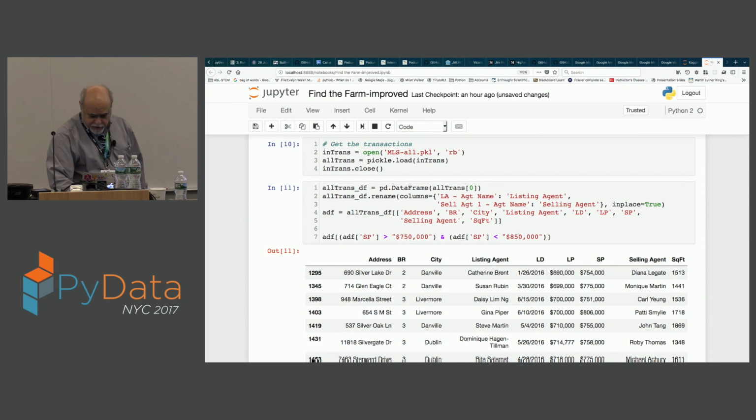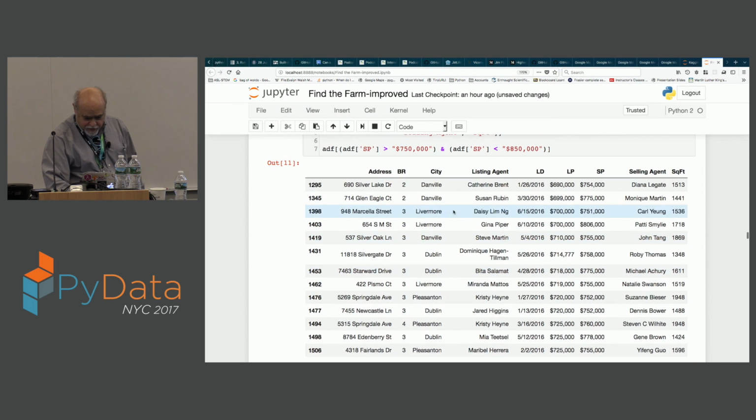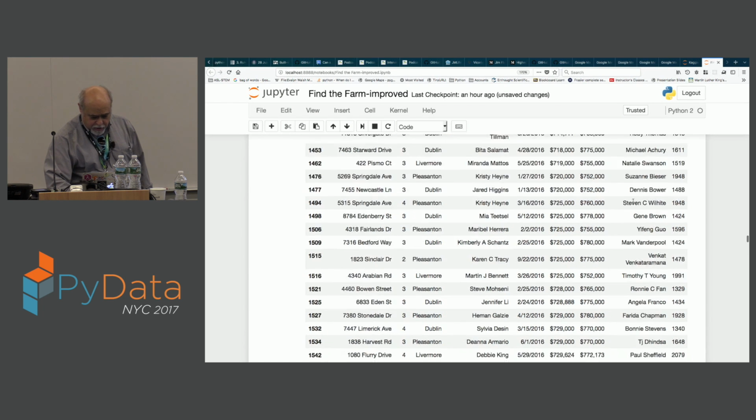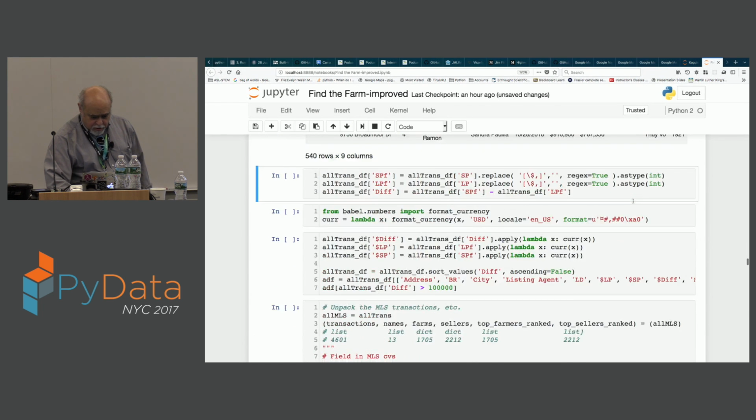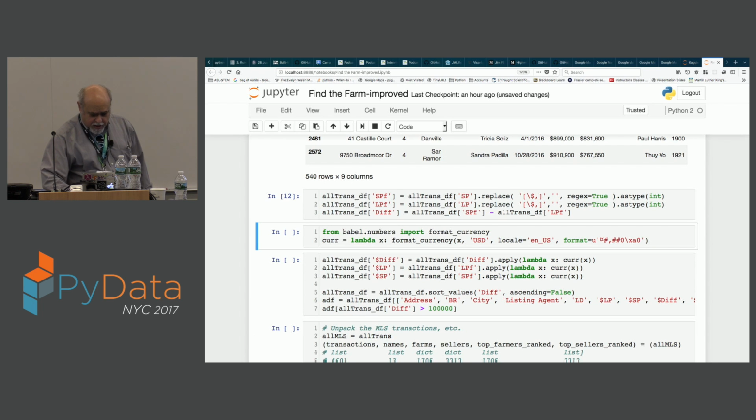A little more pandas, here we go. So we have the listing agent, the listing date, the list price, the sales price, the selling agents, square foot, etc. And I needed to do some stuff with dollar signs. So, whenever you work with real data, it's dirty, it's never in the right format.